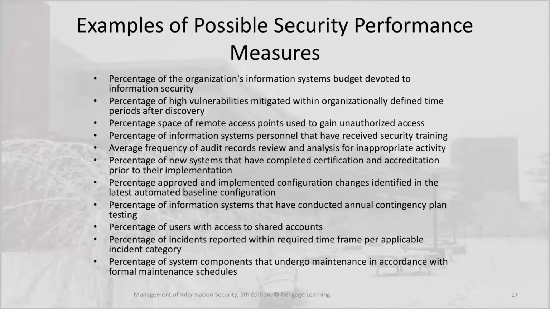Examples of possible security performance measures include the following: the percentage of the organization's information systems budget devoted to information security, the percentage of high vulnerabilities mitigated within organizationally defined time periods after discovery, the percentage of remote access points used to gain unauthorized access, the percentage of information systems personnel who have received security training, the average frequency of audit records review and analysis for inappropriate activity, the percentage of new systems that have completed certification and accreditation prior to their implementation, the percentage of approved and implemented configuration changes identified in the latest automated baseline configuration,